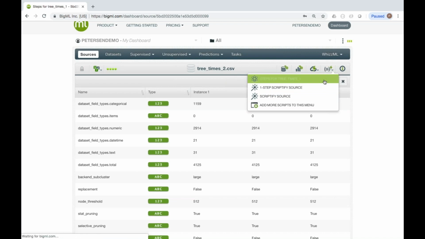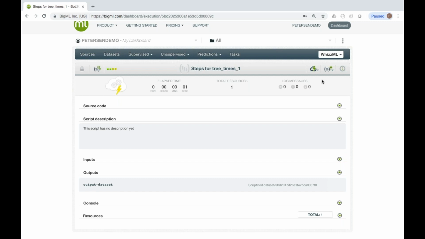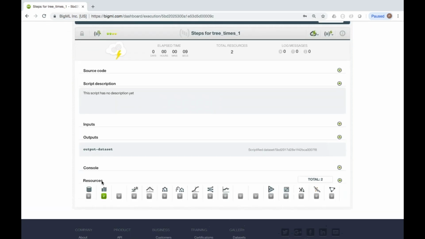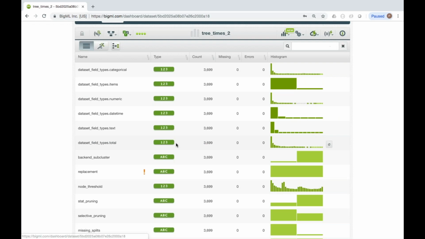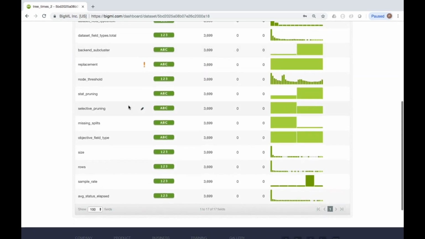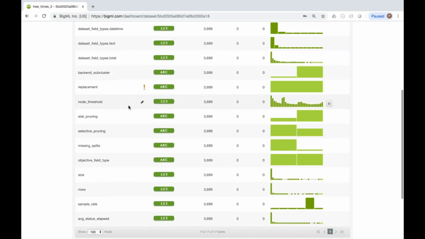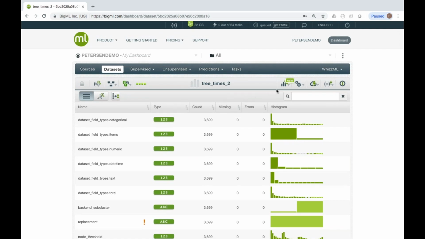So now it's going to execute that script on the new tree times 2 source. So it's taking the new source I just uploaded and applying the exact same SQL transformation. And so we're going to be able to see in the resources, it's now creating a data set, and then it'll create the transformed data set, and there's the output. All right, so here's the output for tree times 2 with 3,669 rows, and now I want to glue them together, so I can do a merge,